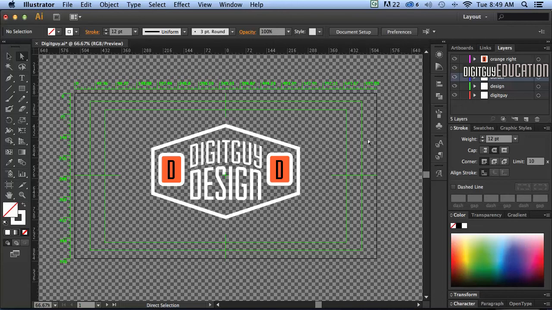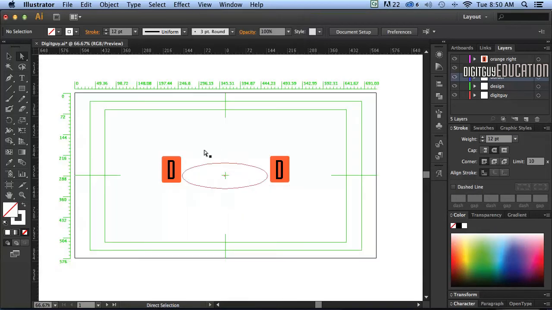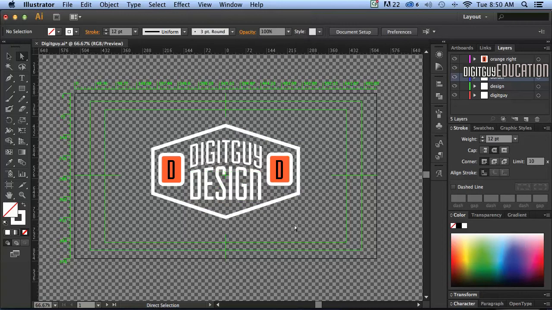Okay, you're probably wondering where the checkered background came from if you're new to Illustrator. That's because I used a video preset when I made this page 1280 by 720 pixels in Illustrator. Now, if you don't like that, you can go to View and hide transparency grid like that, but the trouble is I've got some white type, so it's much more effective if I go to View, Show Transparency Grid like that. Okay, so that's my Illustrator file, and as this is not an Illustrator series of videos, let's get straight